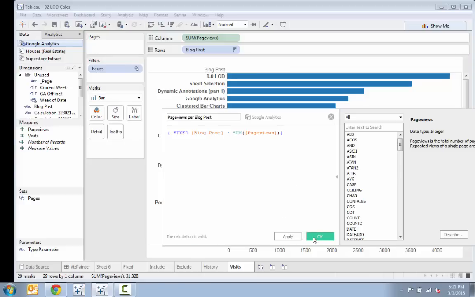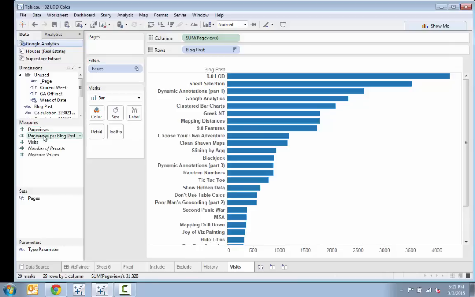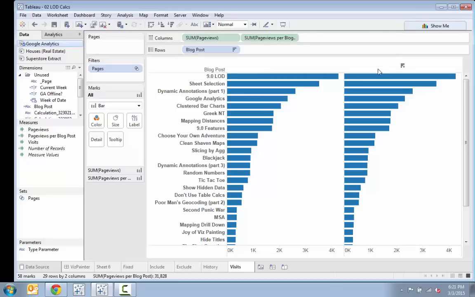And it says that's good, so I'll say OK. And I'll bring that over here next to sum of page views, and you'll notice they're the exact same right now. So page views per blog post, 4,200 something, and page views, the 4,200 something. So I come back